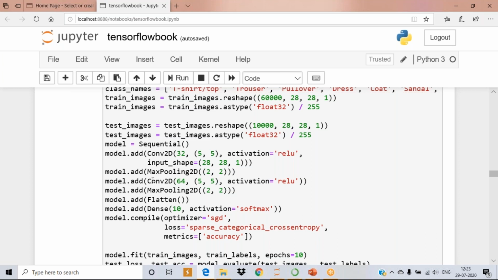Next, after convolution, you apply a pooling operation. What size of pooling have you taken? 2 by 2. That is what you have to mention. Okay, the first hidden layer is over. Next, come to the second hidden layer. How many filters are required? 64 filters. And what is the size of the filter? Again, you are using 5 by 5 filters, and the activation function is ReLU. Immediately you apply the pooling operation, 2 by 2. So now the 2 hidden layers are over.